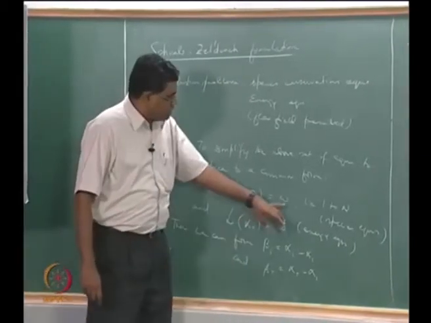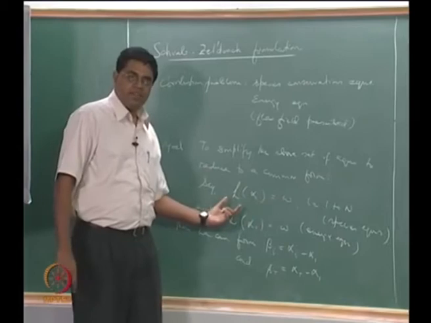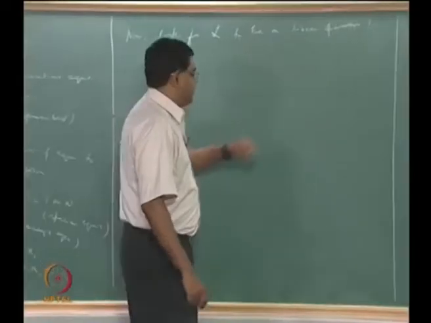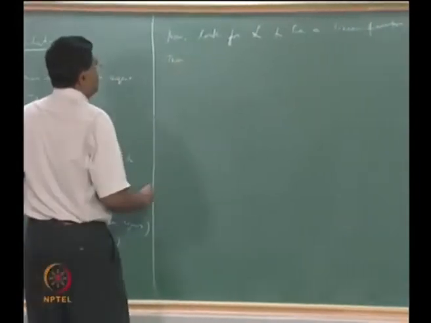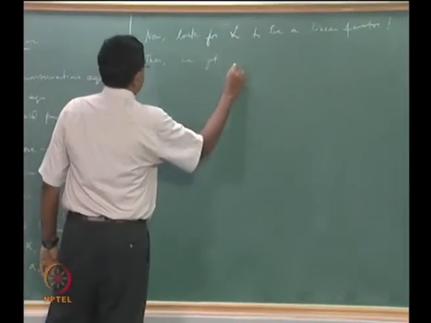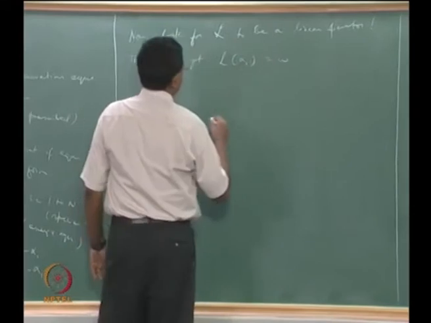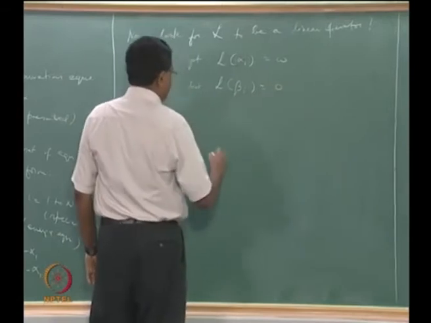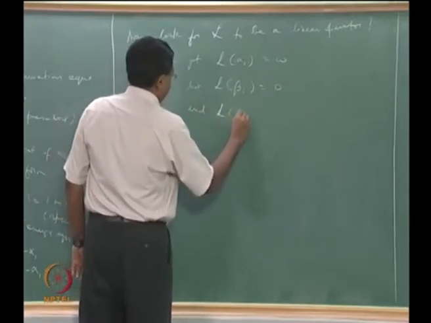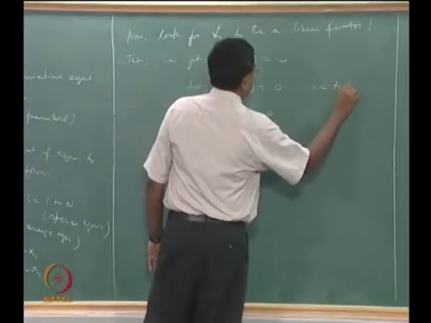But we expect that that should actually be on the right hand side, okay. The L itself could be linear. So if you now look for this L to be a linear operator, then we get L of alpha 1 equal to omega, but L of beta I equal to 0 and L of beta T equal to 0, here I going from 2 to n,